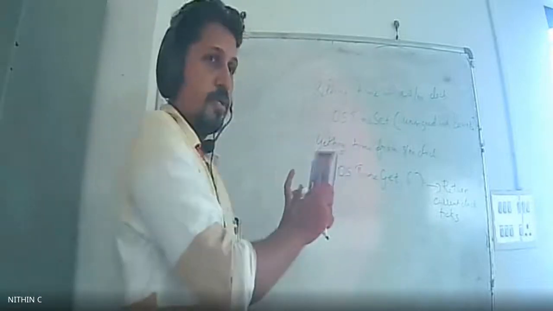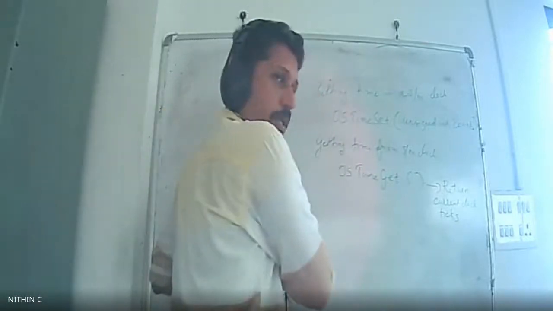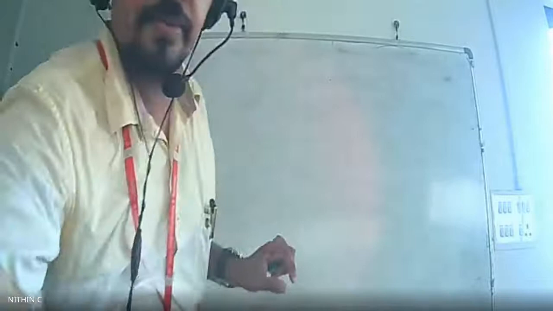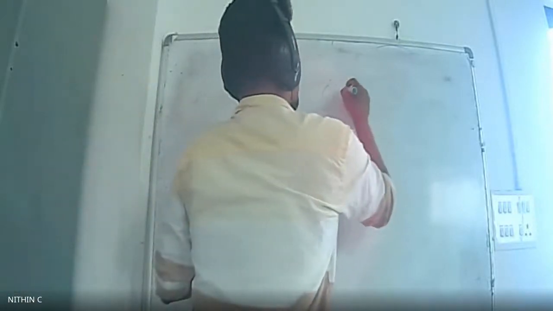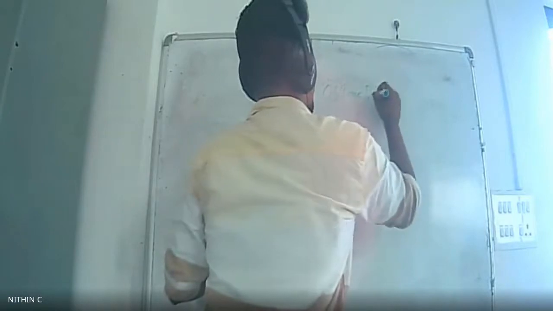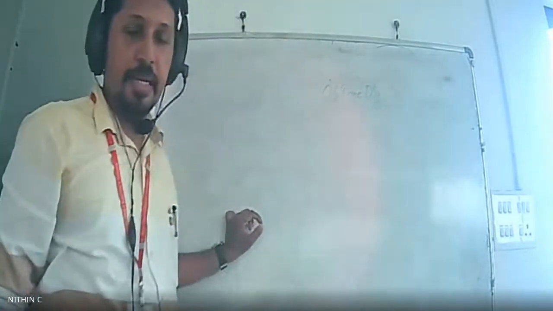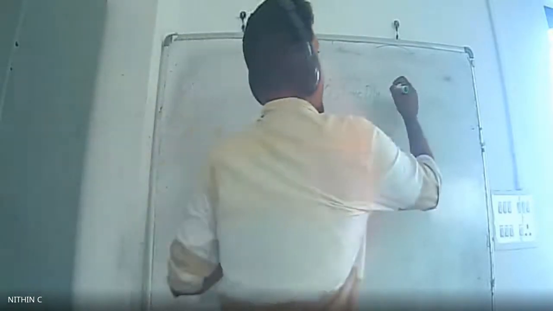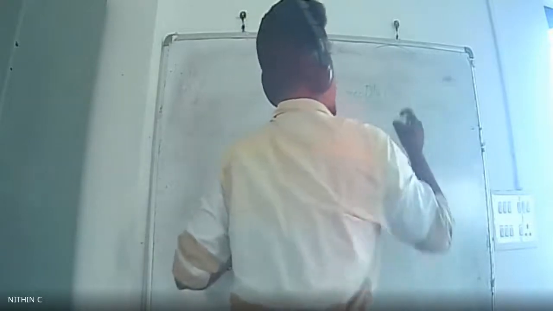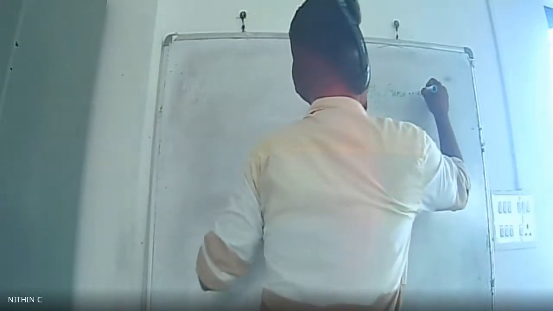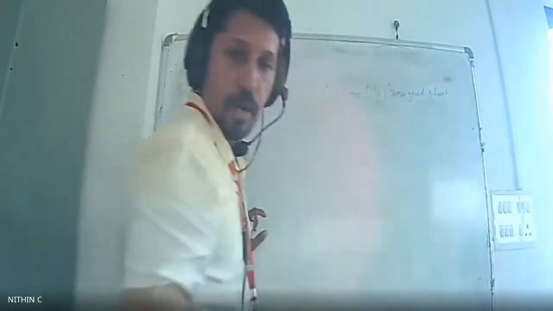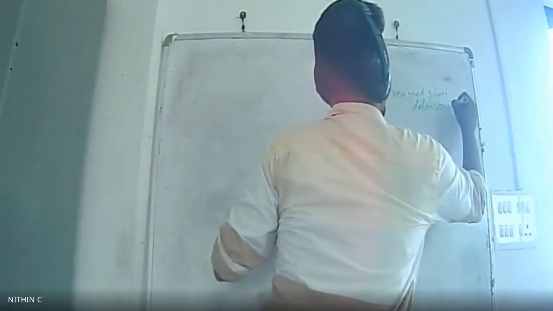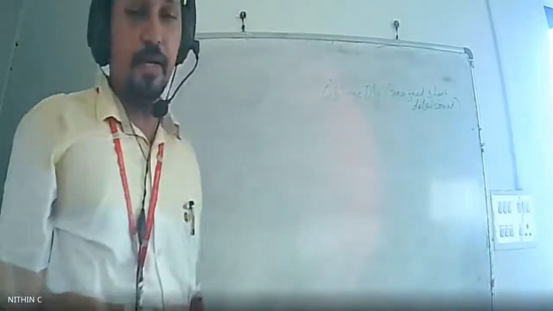Now, since we have mentioned the time, you need to know about some time delay functions also. That is also simple, not a big deal. OSTimeDly is a function that is used. OSTimeDly is the function that you use for delaying. And in brackets, you will have unsigned short delay count.